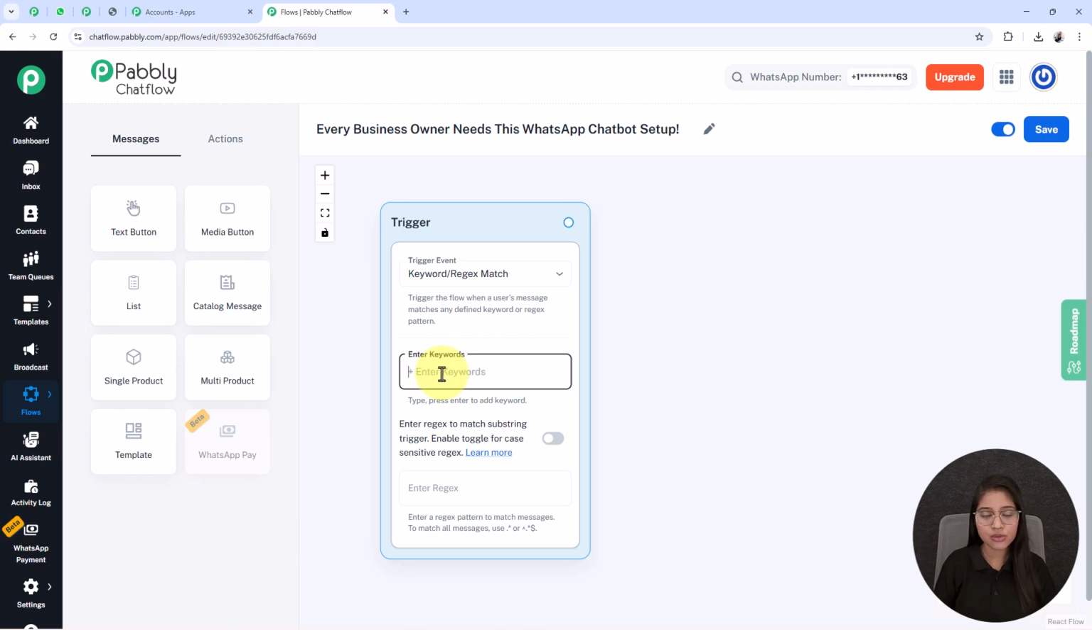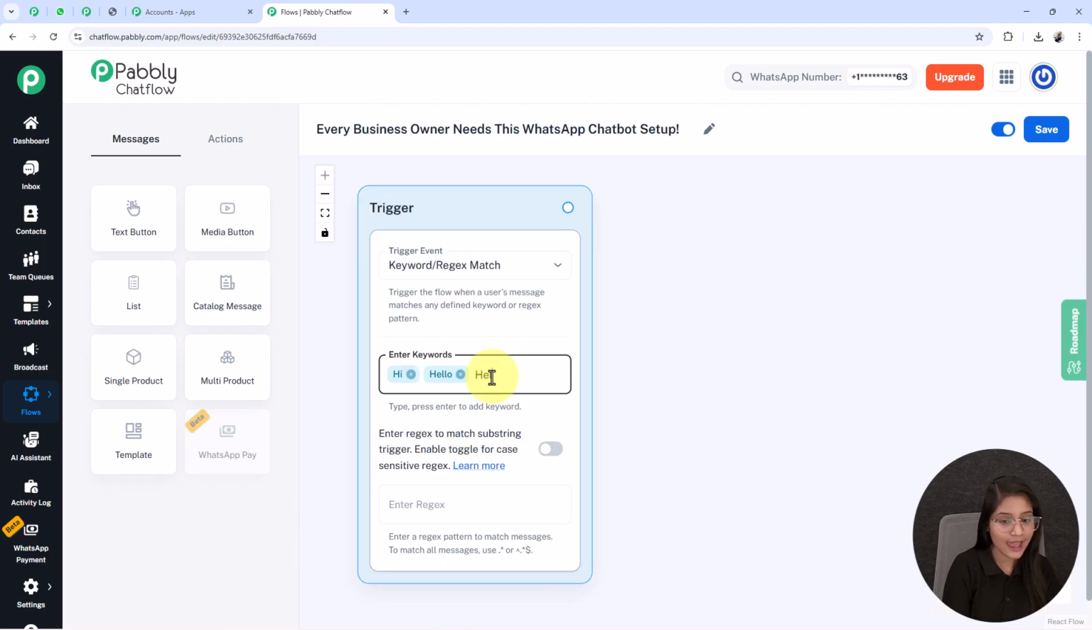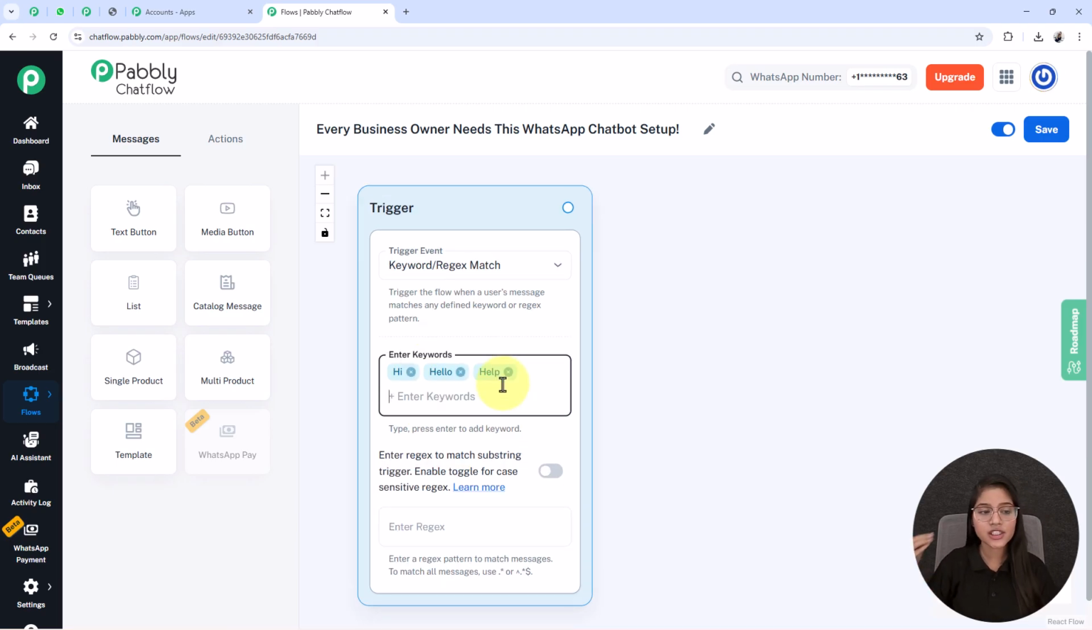Here I am going to enter the first keyword in this enter keywords box as hi. After writing the keyword, you have to press enter so that it will add it to the list. Now I am adding some more keywords here as hello and help. Here I added only 3 keywords, but you can add multiple. Whenever my user sends any of these keywords to my WhatsApp business account, then automatically my bot gets triggered